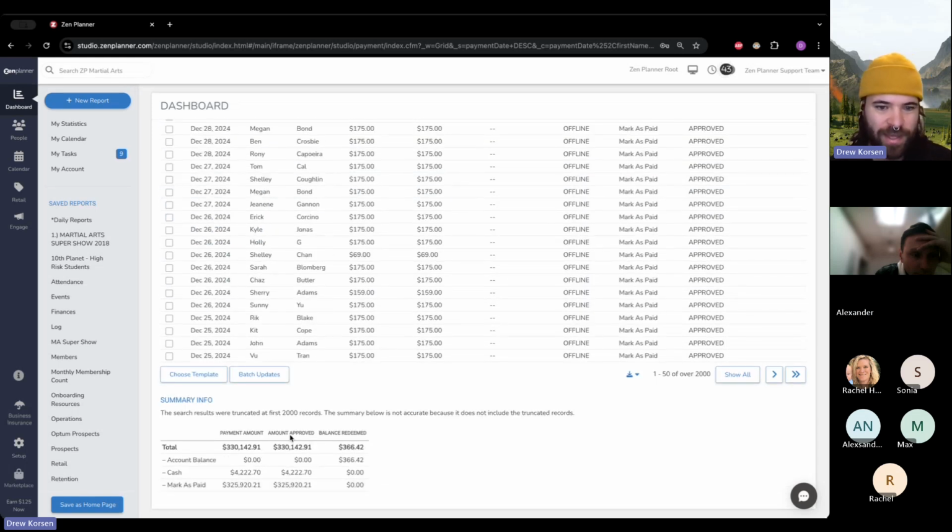Now, I'm using a test database just for demonstration purposes, right? And so I only get things that were marked as paid offline, like the mark as paid option. I don't get the full spectrum of payment methods here. But if you break this up in your system, you're probably going to see all the different credit card types, bank account, cash, check, however it is that you took payments over the past year, you're going to get that